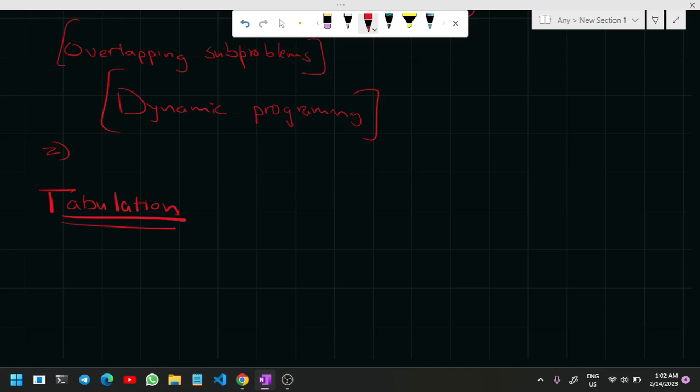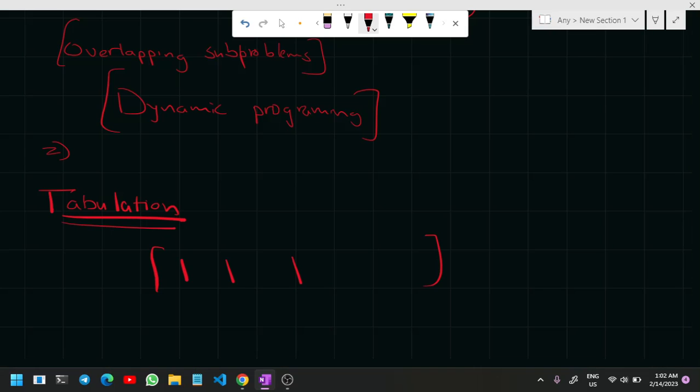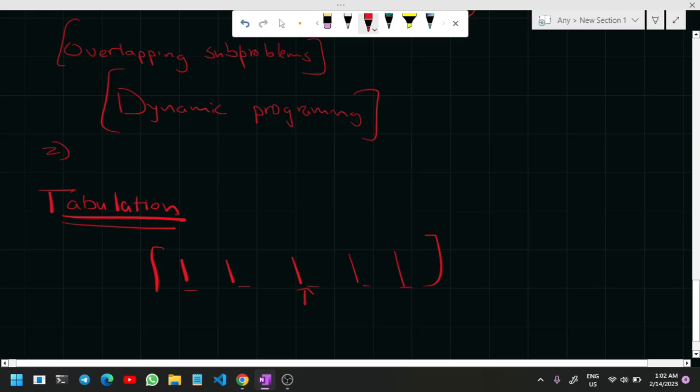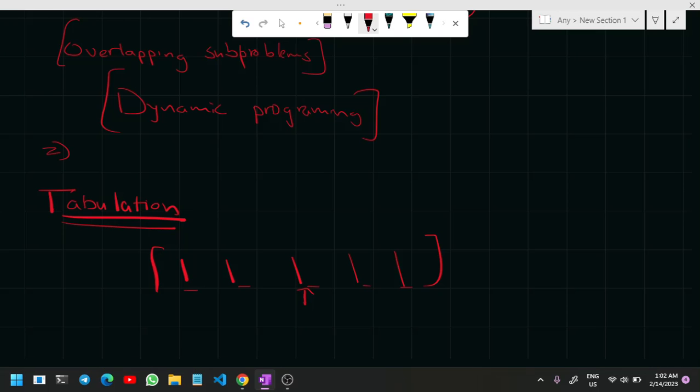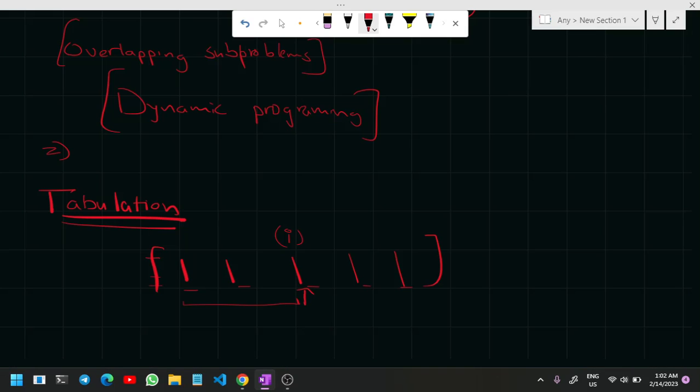Okay, so tabulation approach, we have n walls. For simplicity, let's consider 5 walls. We have these five walls. At each iteration I am going to store the minimum cost of coloring the first I walls with a particular color. Like my DP is going to have 3 columns,